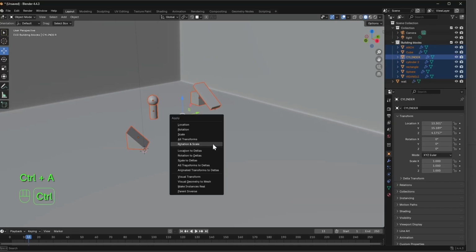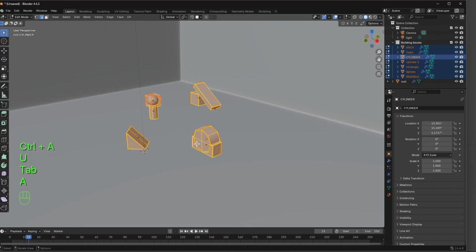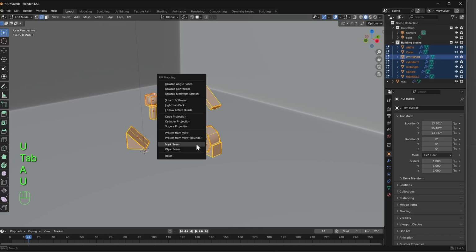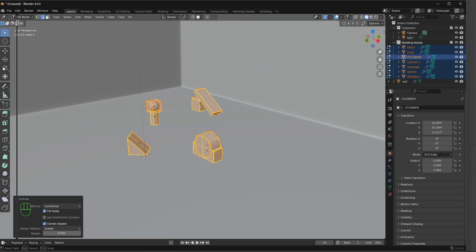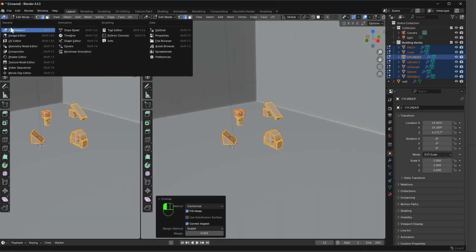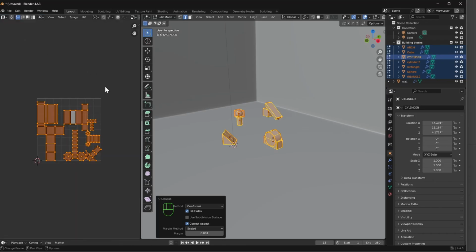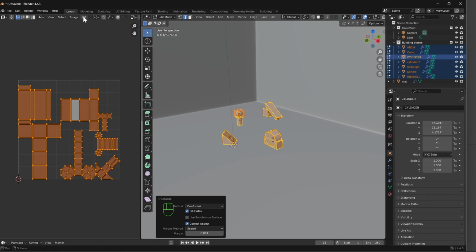Control A, apply rotation scale. So then when we UV unwrap, everything is scaled correctly. Right click, UV unwrap. I'm gonna drag the top corner and change it to UV editor. Go up to UV, select